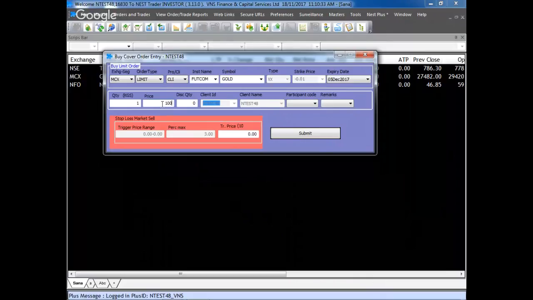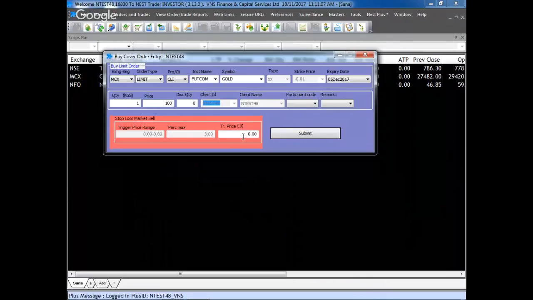Before entering buying price, you have to look at order type. The order types are limit and the market. In the limit window, you can enter your own buying price, and in the market, system will not allow you to enter your own price, but system will execute your orders at current market rate. So if in case you want to enter your own price, you have to go with the order type limit. Once you have entered limit over there, you have to enter your price, that is rupees 100,